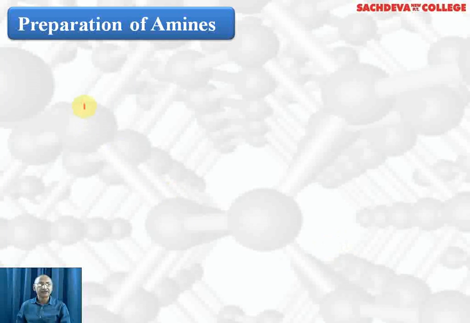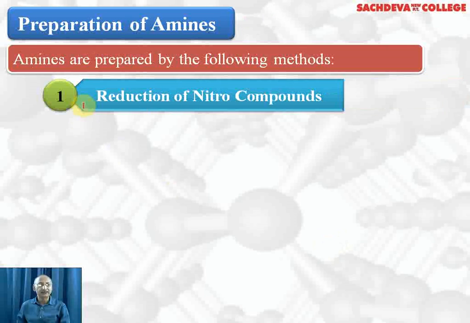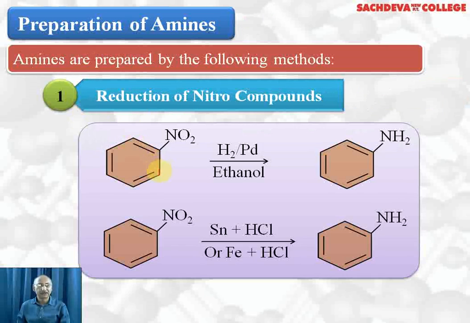Now we are going to take up preparation of amines. Amines are prepared by the following methods. First one is reduction of nitro compounds. Nitrobenzene, when reduced with hydrogen and palladium, palladium is the catalyst and ethanol is used as solvent, we will get aniline. This reduction can also be done by tin and HCl, which will release nascent hydrogen, and that will reduce the nitro